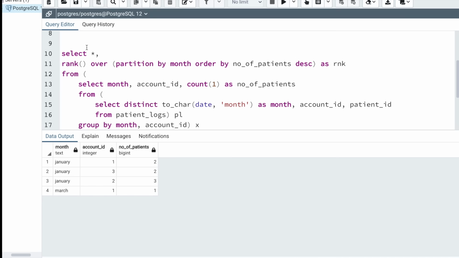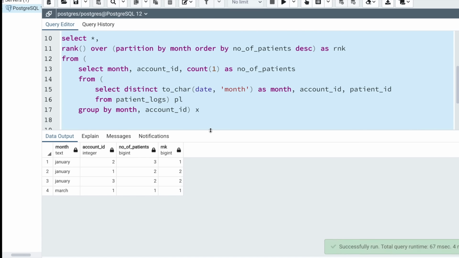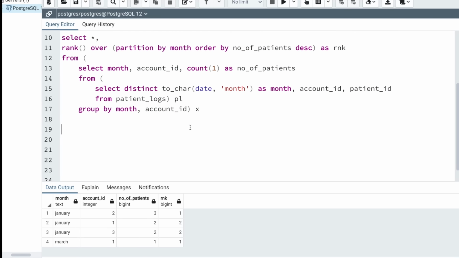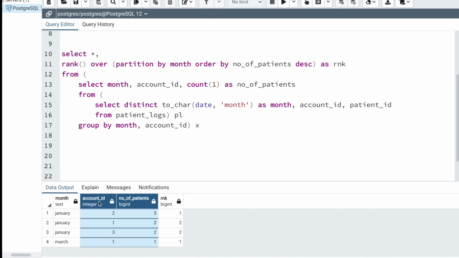So if I execute this whole query, it's fine. I'm getting the rank now. If I just minimize this, I'm getting the rank, and the rank for these 2 records is repeated. They are repeated because these 2 accounts have the same number of patients. So if I just sort the data based on number of patients, the rank would be the same. So this is where I need to do something slightly different in order to rank these values not only based on number of patients but also based on the value present in account ID.